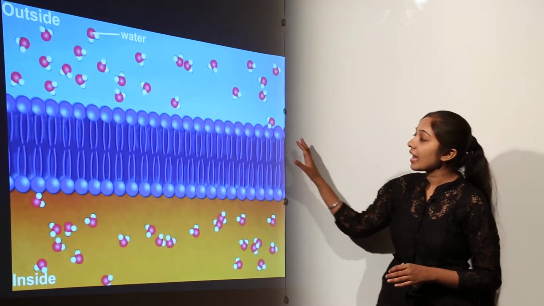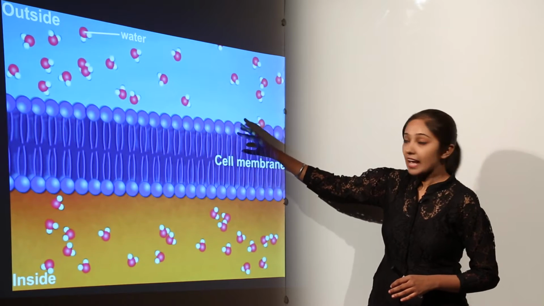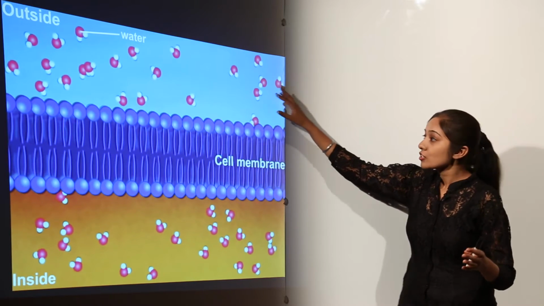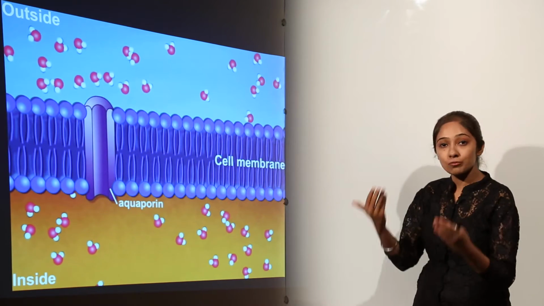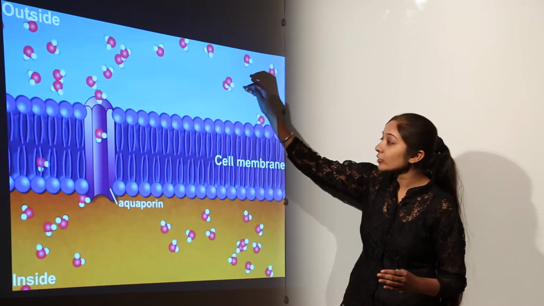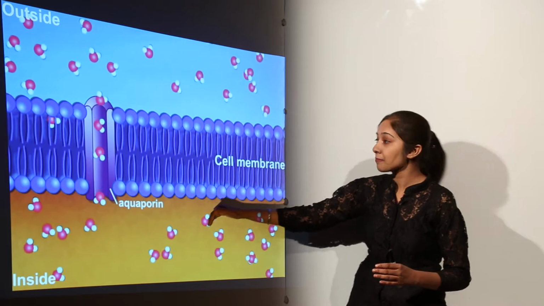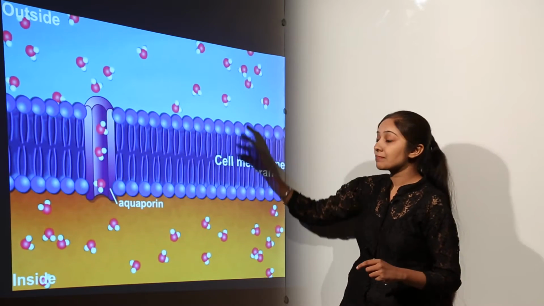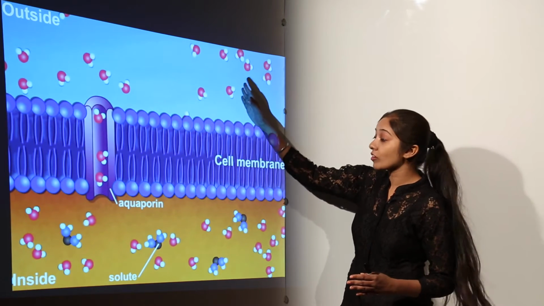What happens when we have a lipid bilayer? This cell membrane has lipids and these water molecules are highly polar. So, they are not able to cross this barrier of cell membrane. So, we have special protein channels which we call aquaporins, through which these water molecules can actually move inside this cell. These aquaporin proteins are specialized channel proteins which facilitate the movement of these water molecules